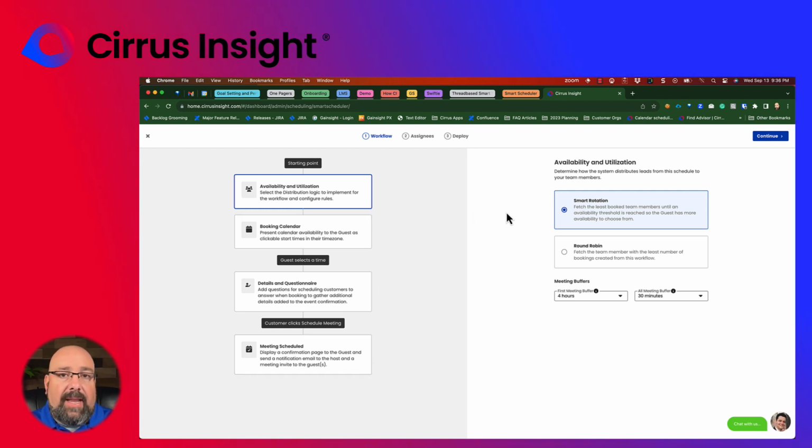The availability and utilization section allows you to determine how the system will distribute leads from this particular schedule to your team members. Do you want to do a smart rotation, where you fetch the least booked team member until an availability threshold is reached so a guest has more availability to choose from? Or would you rather do a round-robin fetch, where you identify the team member with the least number of bookings